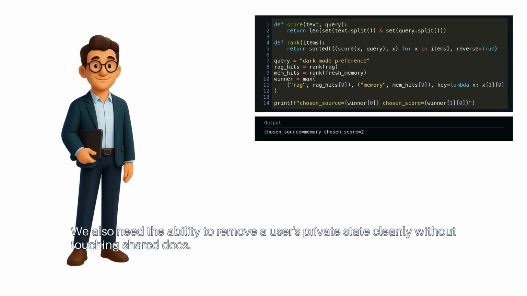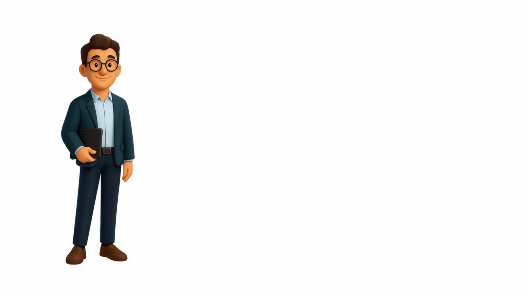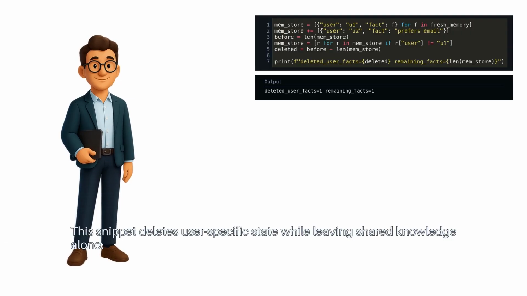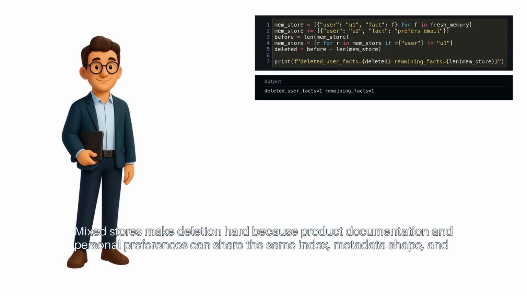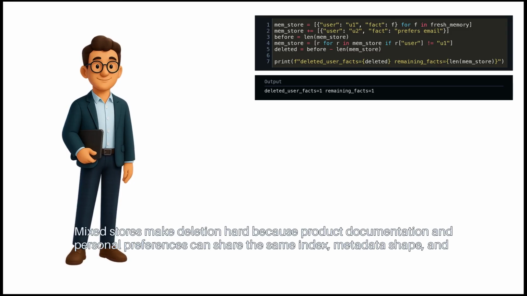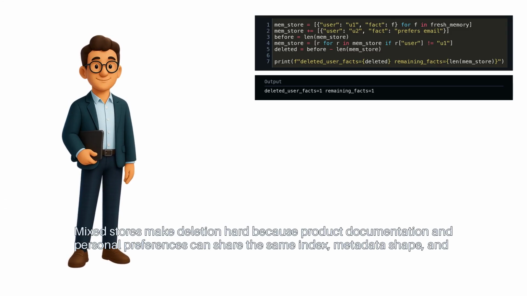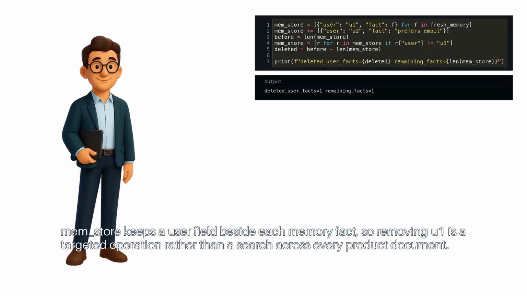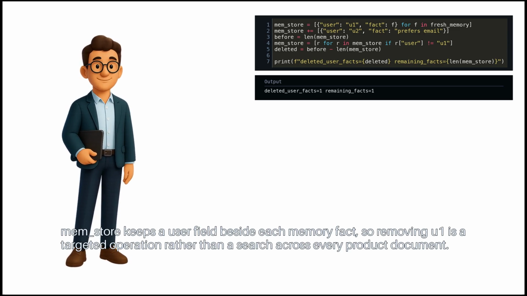We also need the ability to remove a user's private state cleanly without touching shared docs. This snippet deletes user-specific state while leaving shared knowledge alone. Mixed stores make deletion hard because product documentation and personal preferences can share the same index, metadata shape, and retention path. memStore keeps a user field beside each memory fact, so removing U1